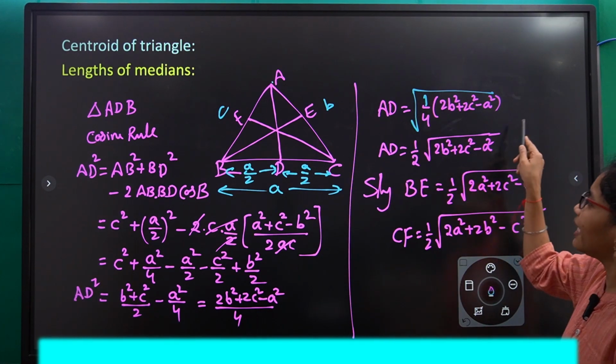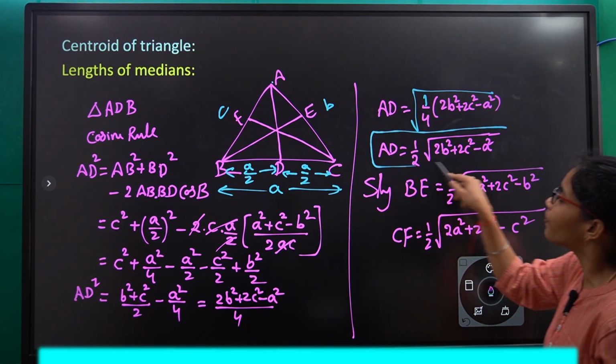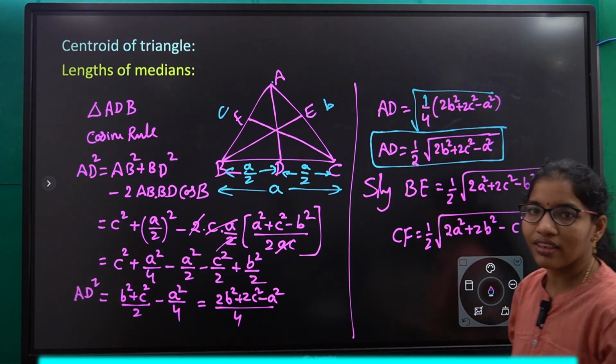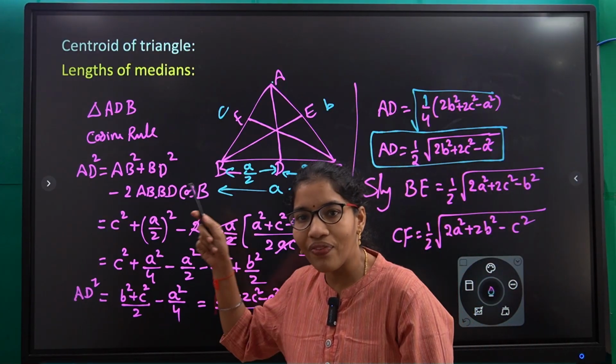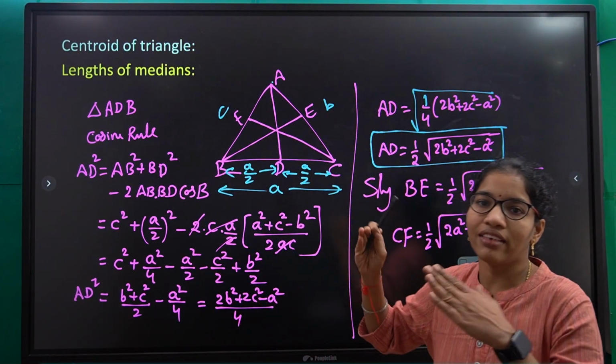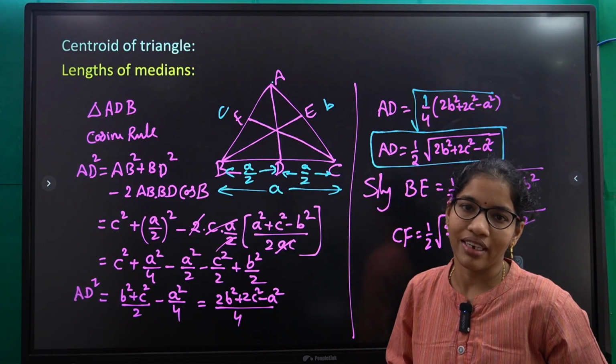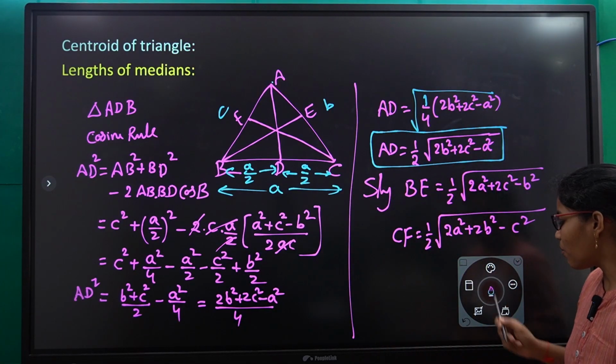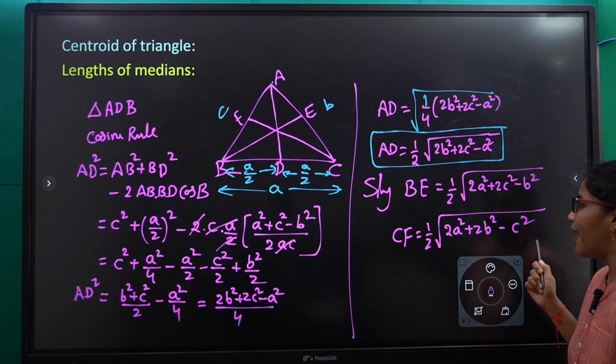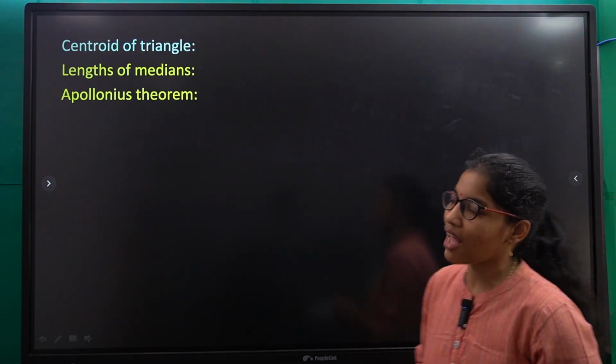Clear? So these are the lengths of the median. So what is the length of the median here? Half into square root of the adjacent, twice of the adjacent squares minus opposite square. Clear? Right. So this is about the length of the median, and one more property is there, that is Apollonius